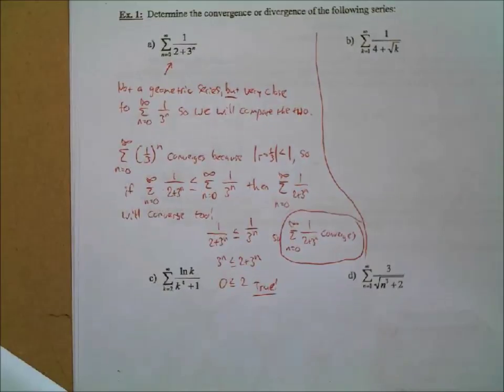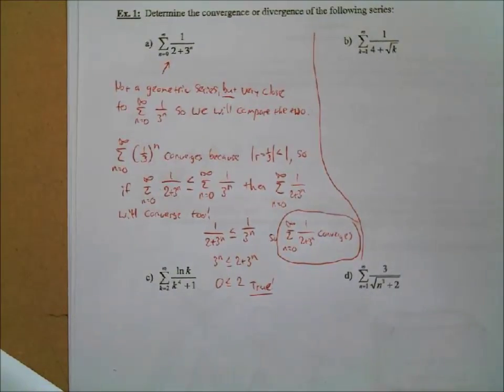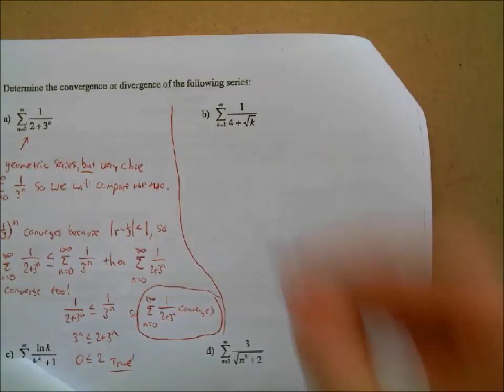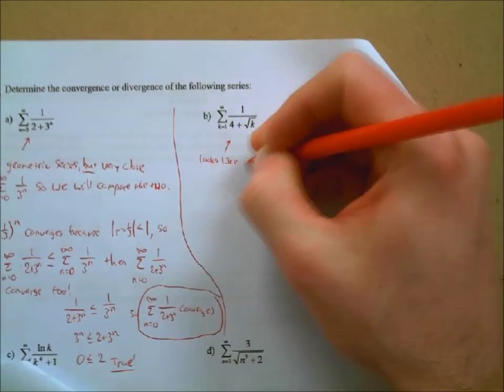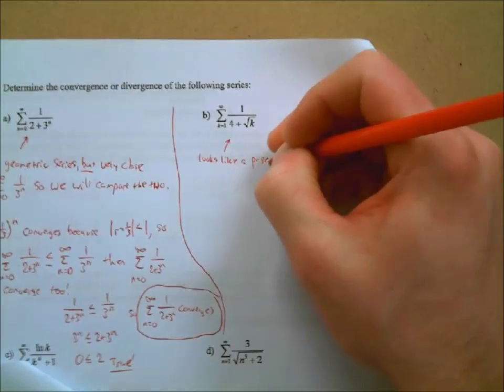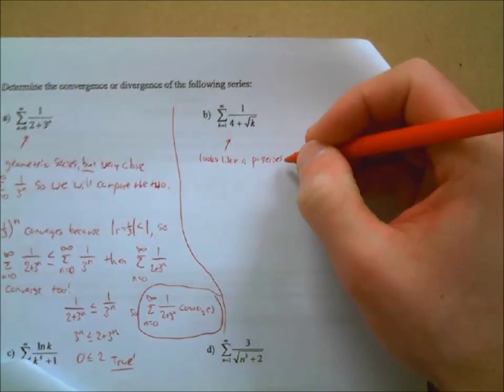All right. So the next one, letter B. Considering letter B, we can't evaluate this one using any of our previous tests, but it's awfully close to what kind of series here? P series, exactly right. Okay, so again, it looks like a P series, and so we will compare